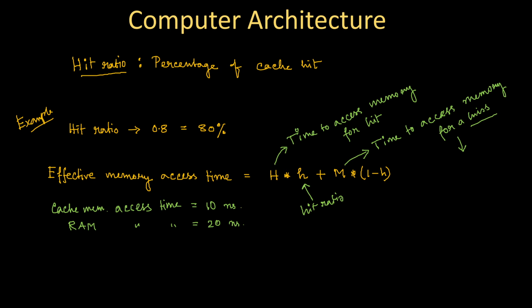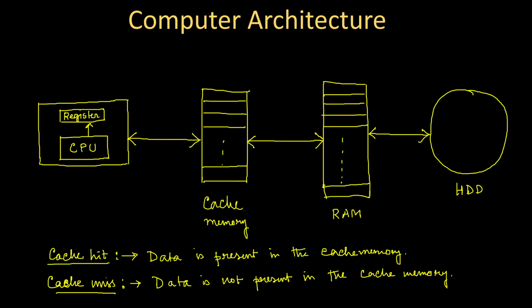So we have discussed the theory behind effective memory access time for a system. Now, if we concentrate on this diagram, you see there is a very interesting thing: whenever a CPU is generating some address, at that time, there are actually two types of address possible in a computer system.